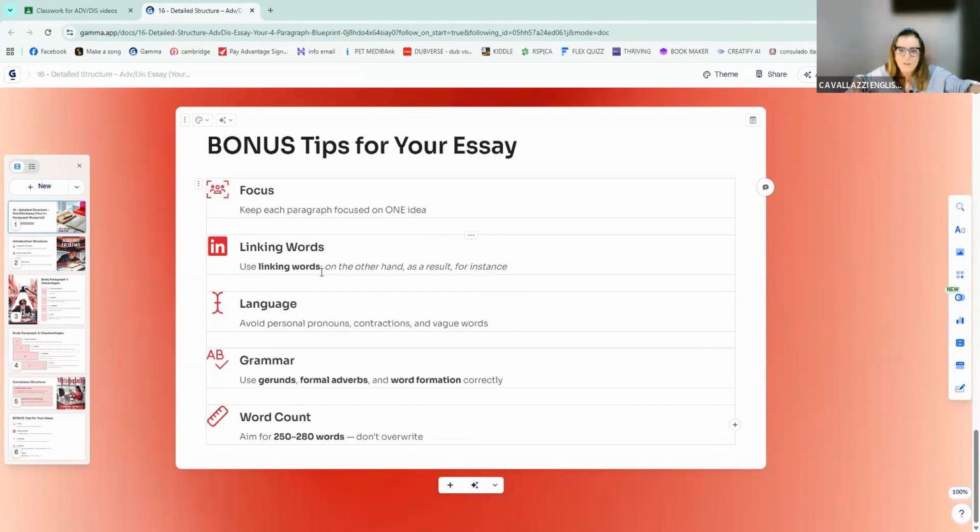Why are you saying that? When? Where? Why? You have to explain. There's no point in leaving sentences vague. Grammar, using the gerund, using adverbs and word formation, which I haven't given you yet, much less adverbs. It's all in the book. The adverbs are very interesting and we will use them. 250 words, okay? Minimum. And 40 minutes for all of this, okay?